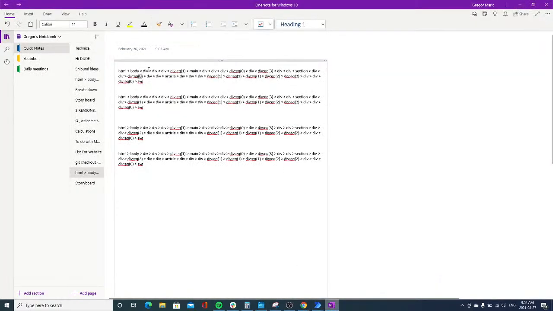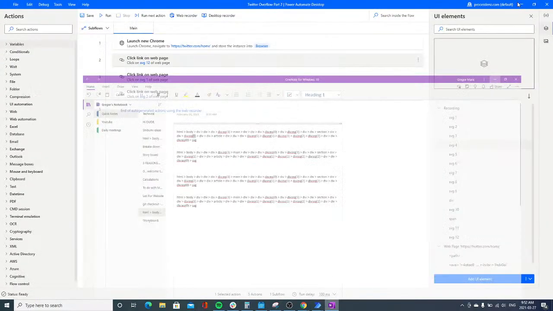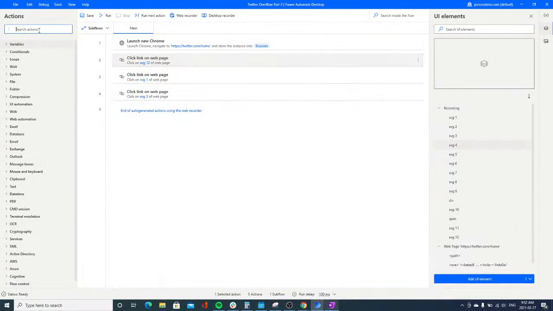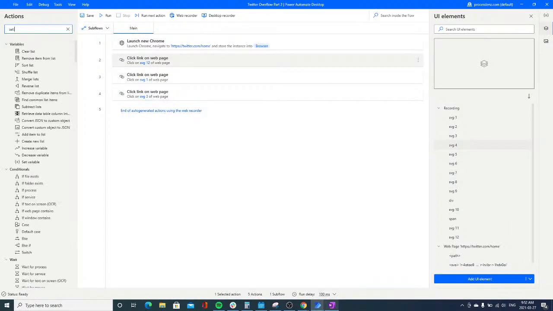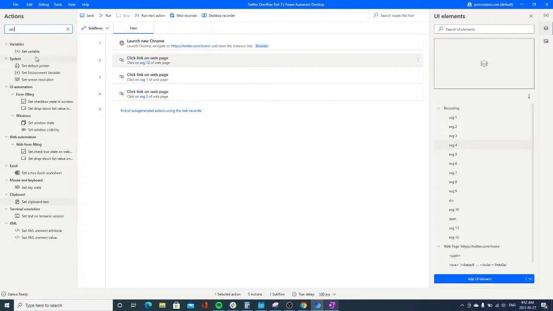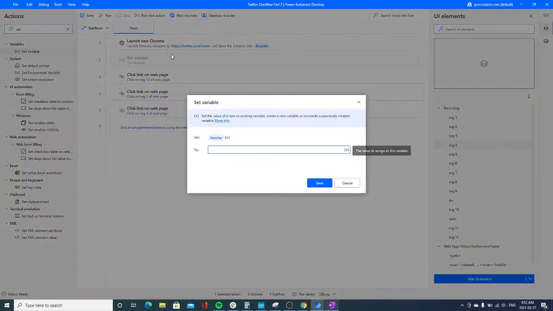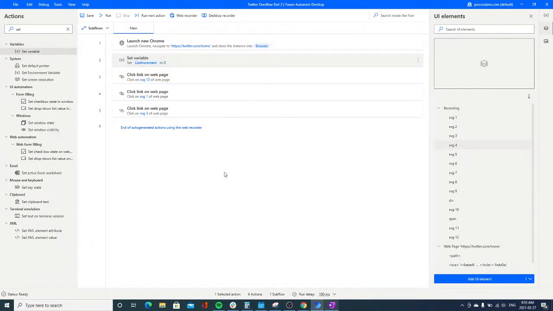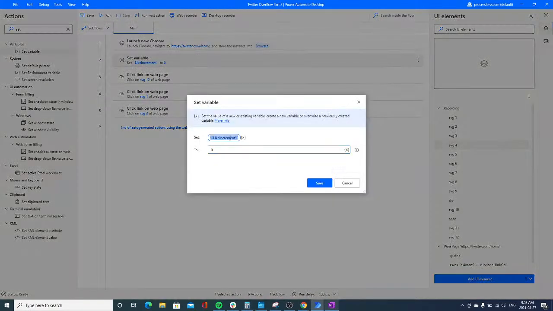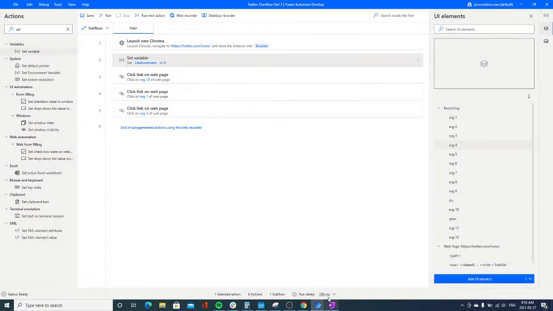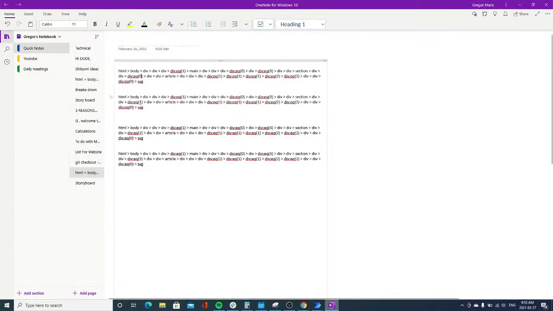All right. So where were we? We were looking at our variable over here. If we want to put the variable inside of it, the first thing we need to do is set a variable. So let's set this variable right here in the beginning. We are going to give it a more meaningful name, so we'll call it increment. That is a pretty good name. And we are going to put this at 0. Increment is going to be the variable that is going to replace this number inside of our